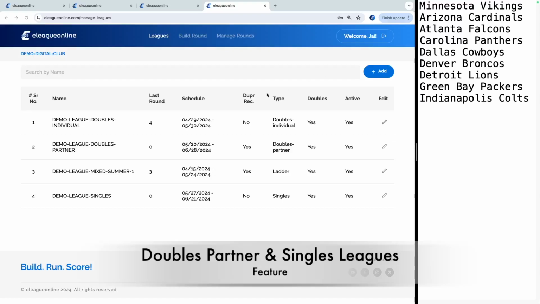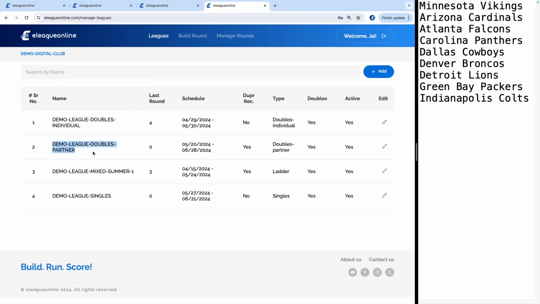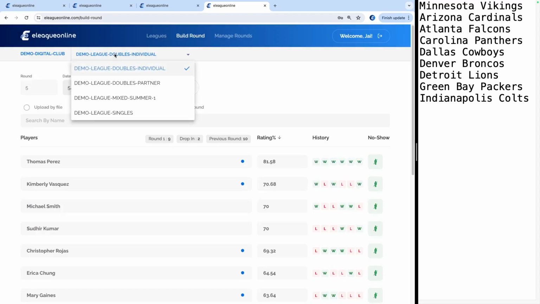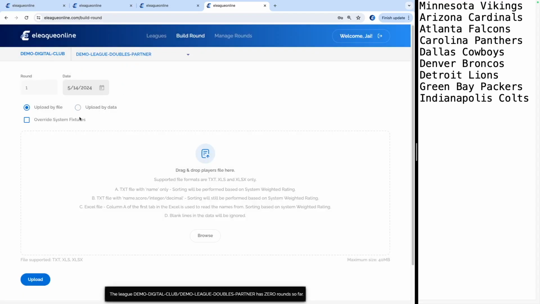Let's look at how partner leagues work. So now we'll play a little bit with the doubles partner league, and we'll see what some of the differences are in how a doubles individual league works versus a doubles partner. So say I'm going to build a round for doubles partner. So let me change this to doubles partner, and notice that